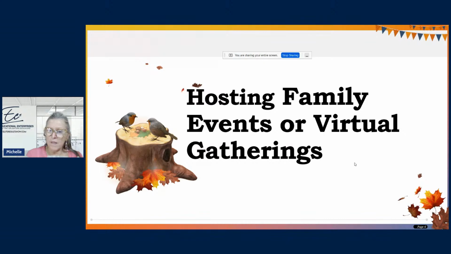But also allow parents to take charge of those. See if parents want to become the room parents and they organize what they're going to do in that classroom. Maybe you're going to do it for a whole school and there's a group of parents who absolutely love planning, and they can get the other families involved and also donating items to the school. They could take the charge for that.